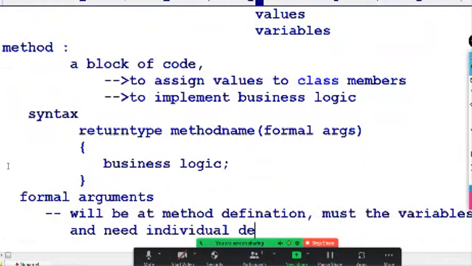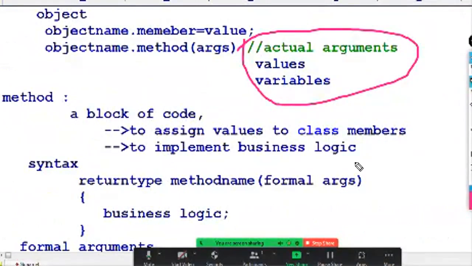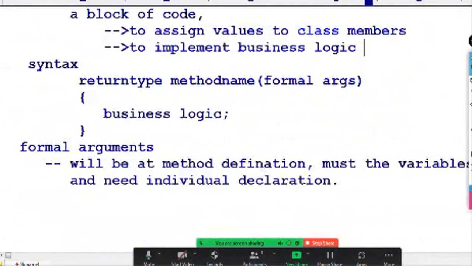These are the things we have to know whenever we go for formal arguments. Before that, I mentioned that actual arguments are values or variables. Now, formal arguments must be variables and need individual declarations. Sir, can you give an example?